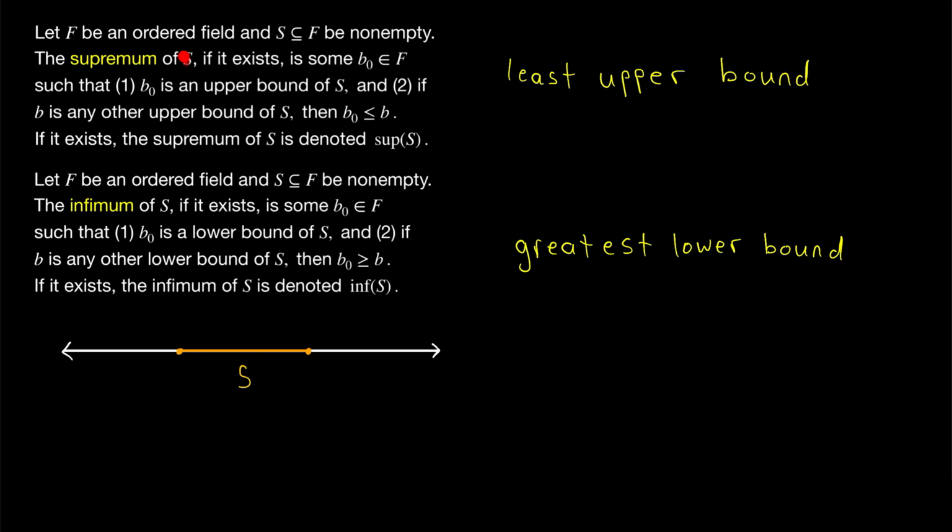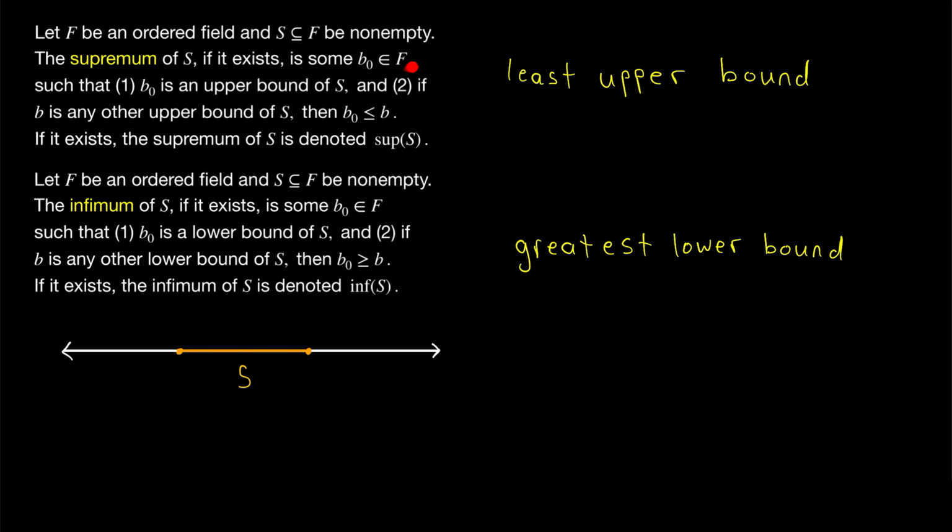Now let's read the definition of supremum. Let F be an ordered field and S be a non-empty subset of that ordered field. If ordered field doesn't really mean much to you, just read this as let F be the set of real numbers. That's often the ordered field that we're most interested in. Then, the supremum of S, that non-empty subset of the ordered field, the supremum of S, if it exists, is